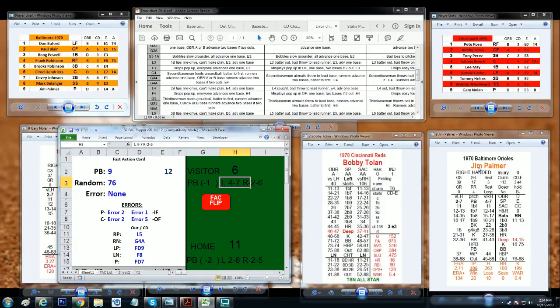So Bobby Tolan, he is a lefty, against Jim Palmer, 4 to 7. It is a CD result. So you're going to find out Bobby Tolan hits LN. So we're going to look at the LN number. It is an F8. So we look at Baltimore's